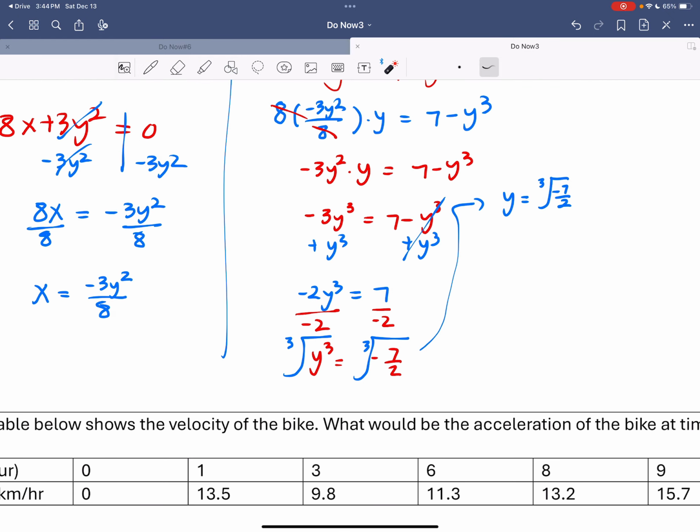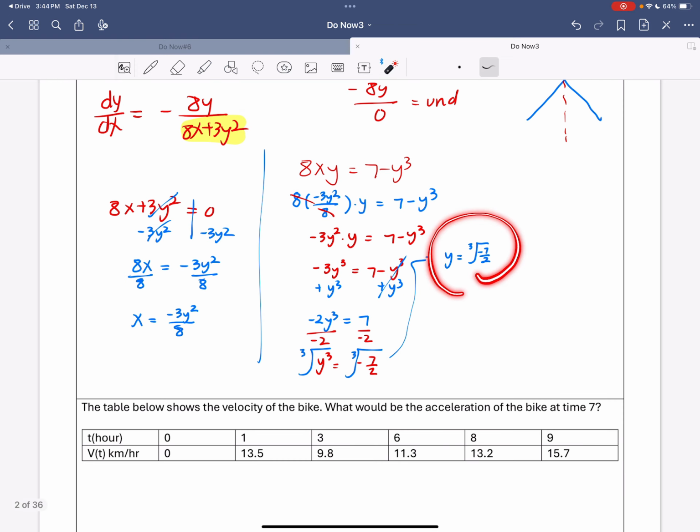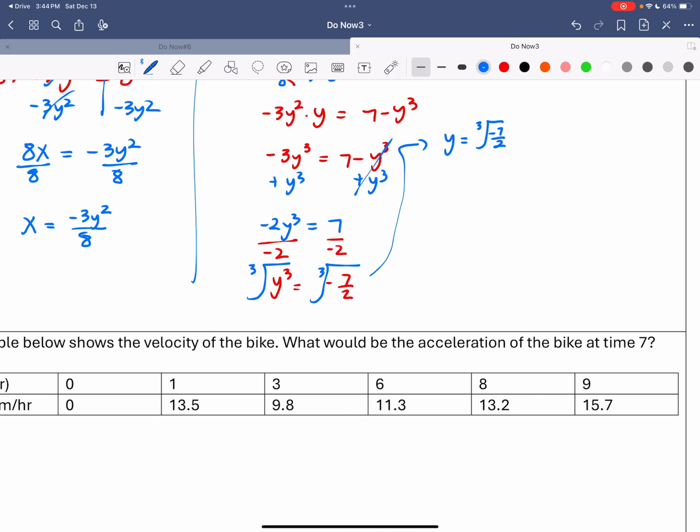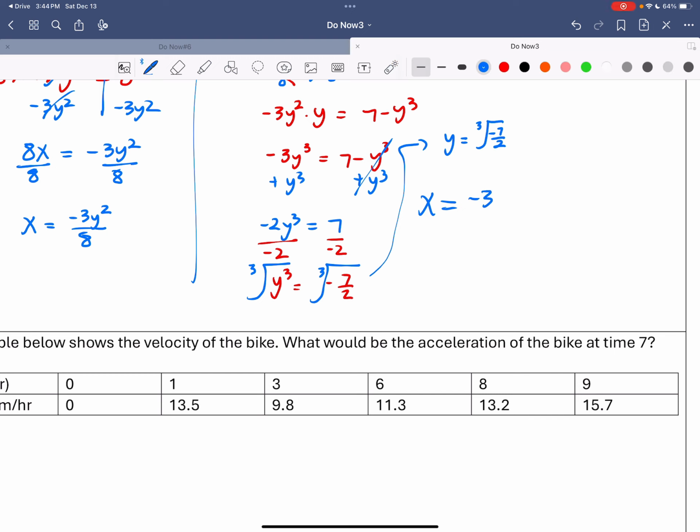Now, we got the y value, but how do we get the x value? It's simple. Either you can plug this in here and solve for x, or you see we already know x equals this. I will simply plug this in here. In that case, you can find it easier. So x equals, do you see this one? I'm going to plug this number in instead of y. We already know the y value, which is the cube root of negative 7 over 2, squared,